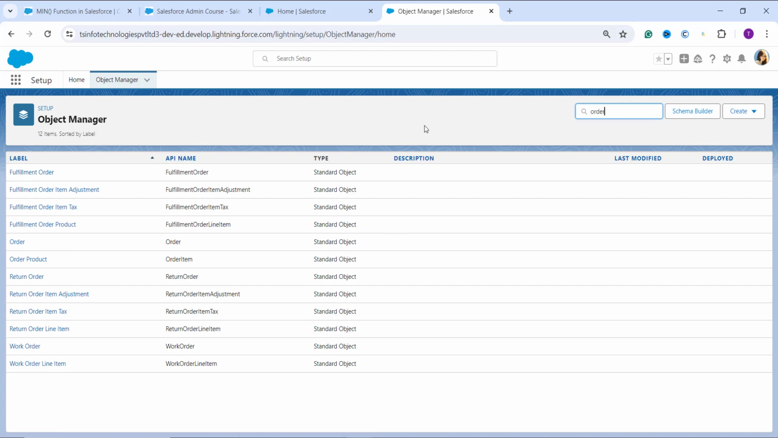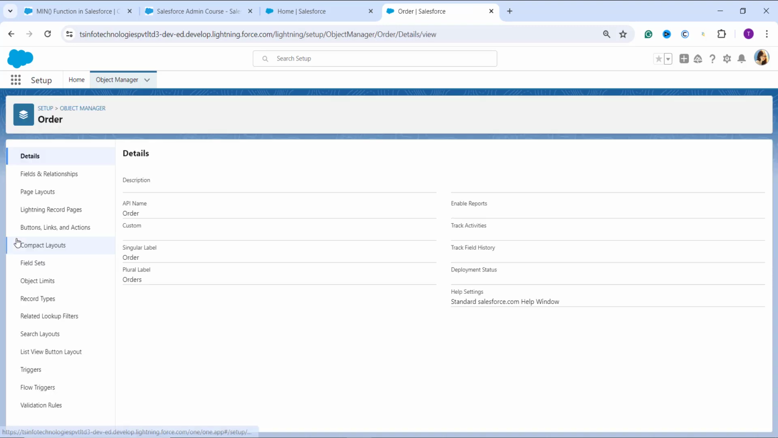So here I search for Order in the quick find box that is given on the side, and here I will get the result regarding that. I click on that and it will take me to the Object Manager page, specifically to Order. Now to deal with the new formula field, where I can use this MIN function, I need to click on the Fields and